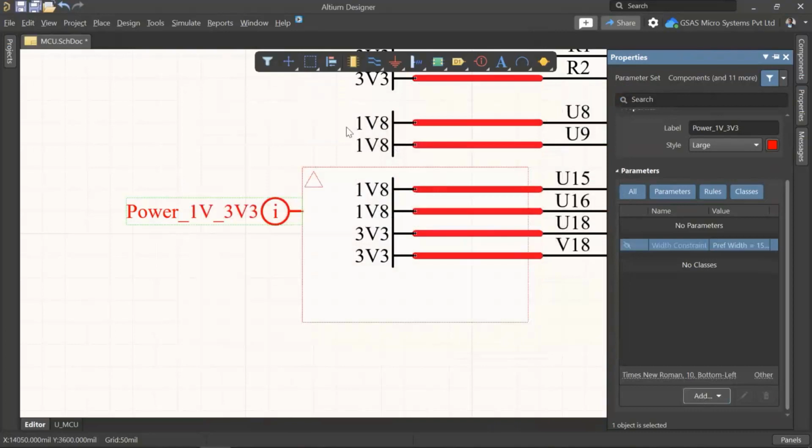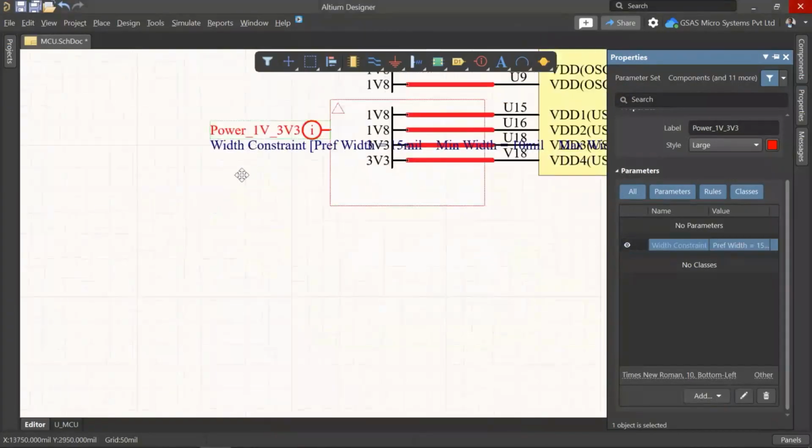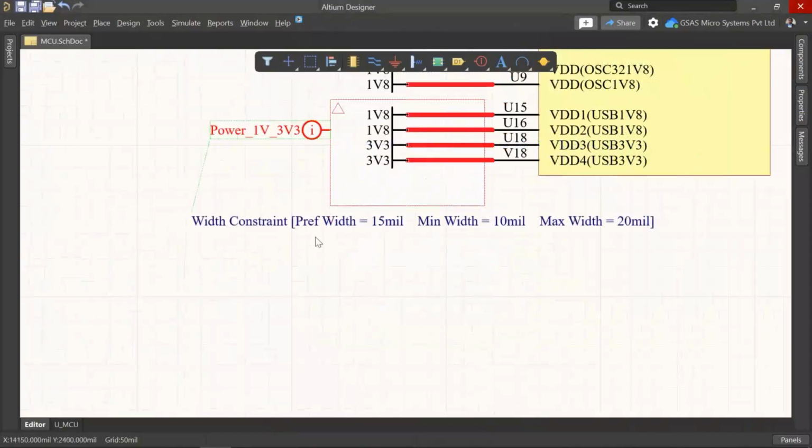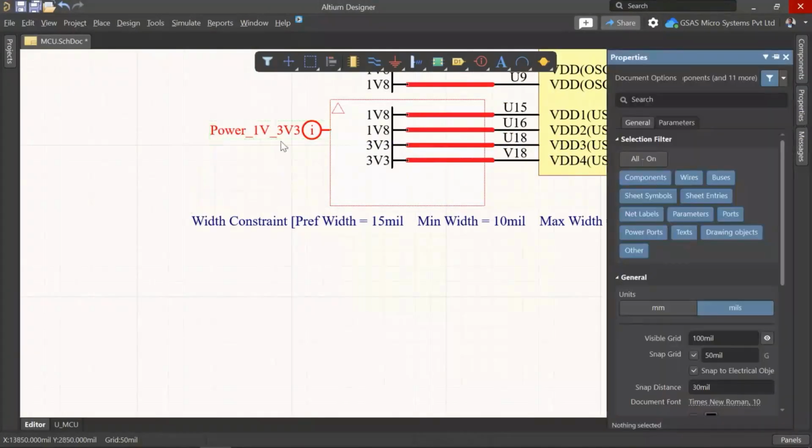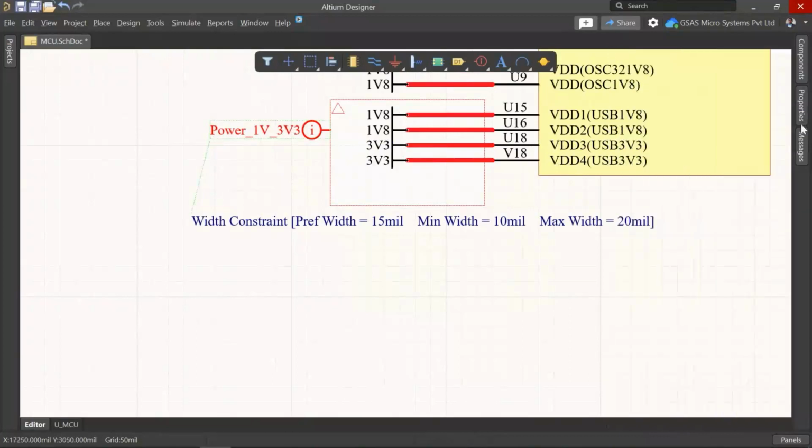And also I want to create a net class for this one. You can see you can also enable the rule applied for this particular net. I also want to assign a net class for this group of nets as well. For that, just go to Properties, search this directive, go to Properties.